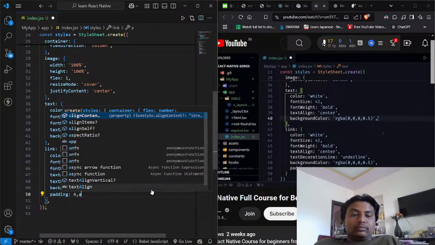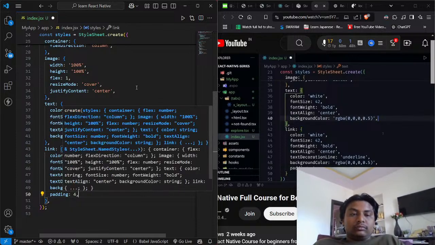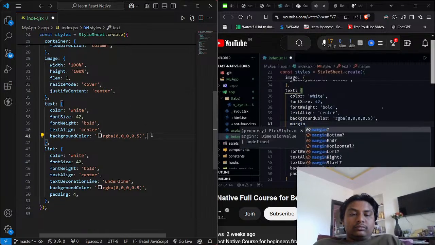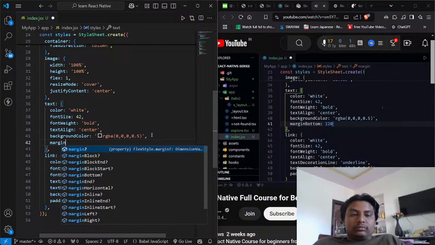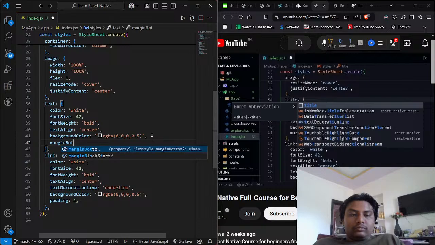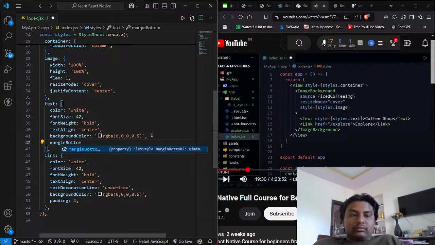So let's put a little bit of margin here on this title. And right now we've called this text. Maybe we want to change that name. So I'm going to say margin bottom, set that to 20. Let's go ahead and change this so we know what we're referring to. Title here,